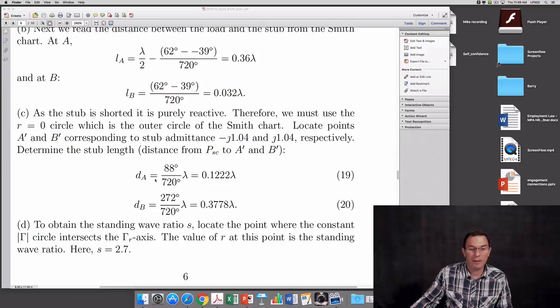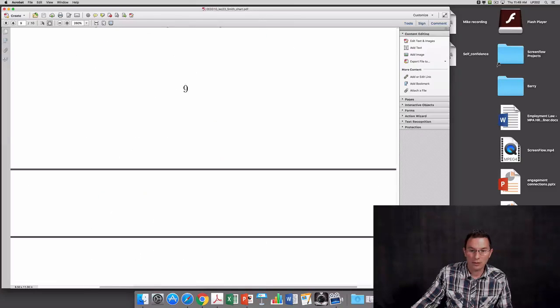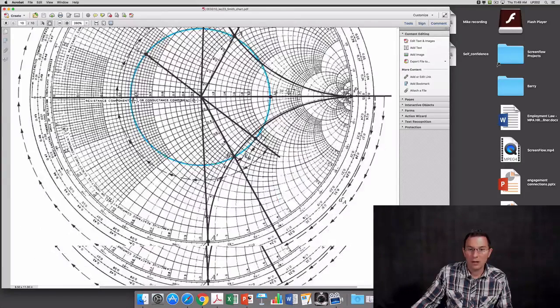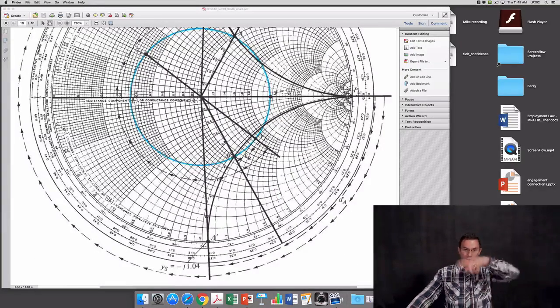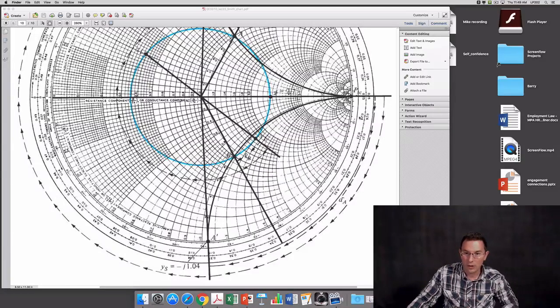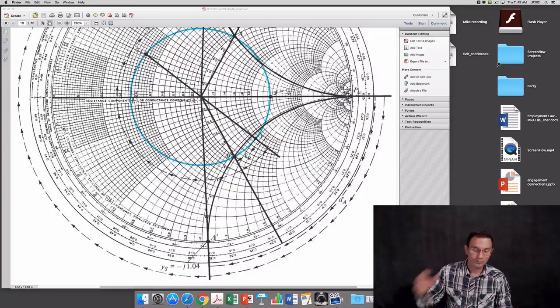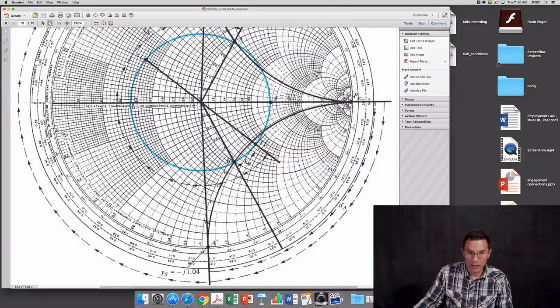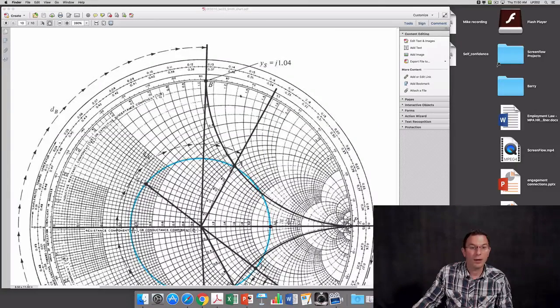So in order to make the match at point B, we use the A prime point. All right. So again, we're always moving clockwise here. That corresponds to that distance, which is simply 88 degrees divided by 720 degrees times lambda. However, again, if we want to make the match up here at A, we use this point, B prime,